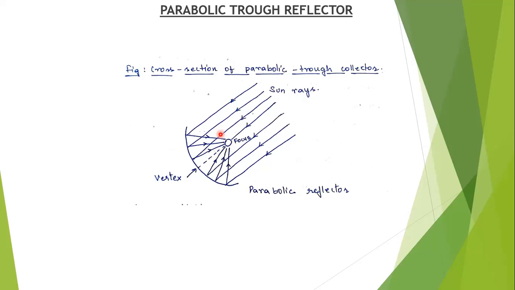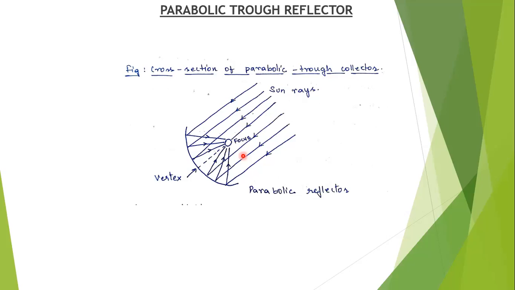Dimensions of the parabolic trough, which is called a parabolic trough or parabolic cylindrical collector, vary over a wide range. The length of the reflector unit is about 3 to 5 meters and width is 1.5 to 2.4 meters. We can use 10 or more of these parabolic reflectors and all are connected end to end in a row.